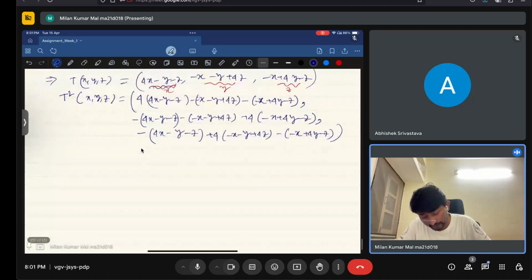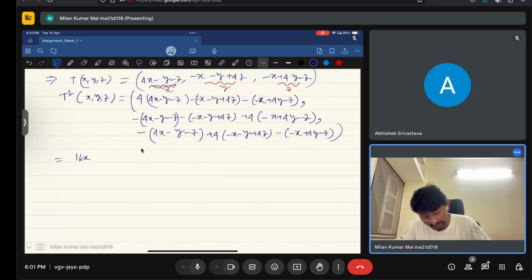This one will give 16x minus 4y minus 4z plus x plus y minus 4z plus x minus 4y plus z,